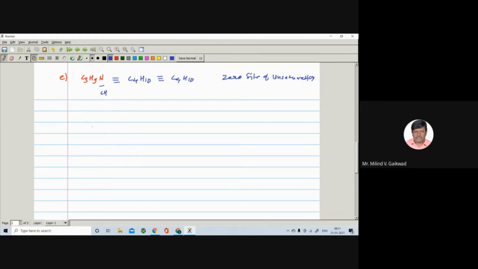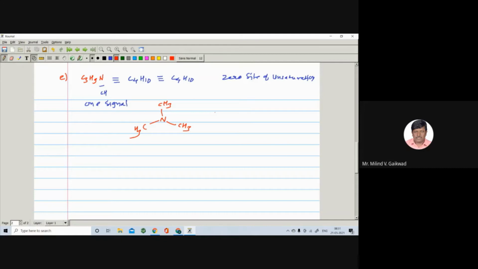It has only one signal. So it gives one signal. What does it indicate? That all the hydrogens are the same. Then just by the trial and error method you can write the structure. So there is a nitrogen, and here is a carbon, carbon, carbon. There are three carbons, so CH3, CH3, and CH3. So all the hydrogens are the same, they are equivalent, so you get one signal. So in this way you have to write down the number of signals.